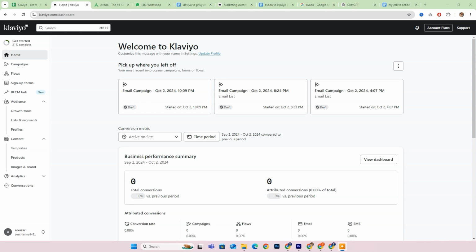Hello everyone! Today we're going to explore a comparison between Klaviyo and Zoho, two powerful tools in the realm of